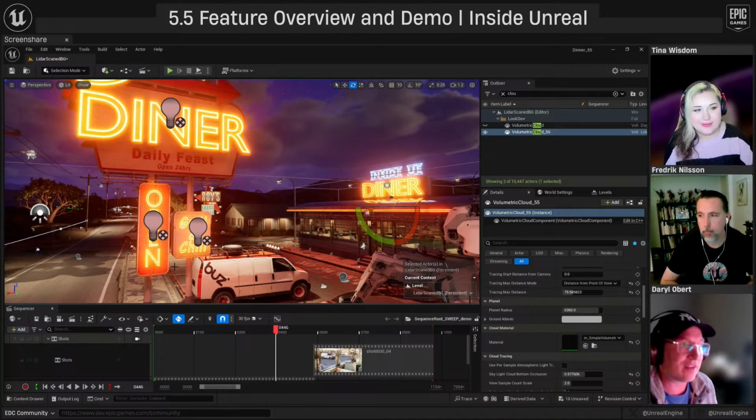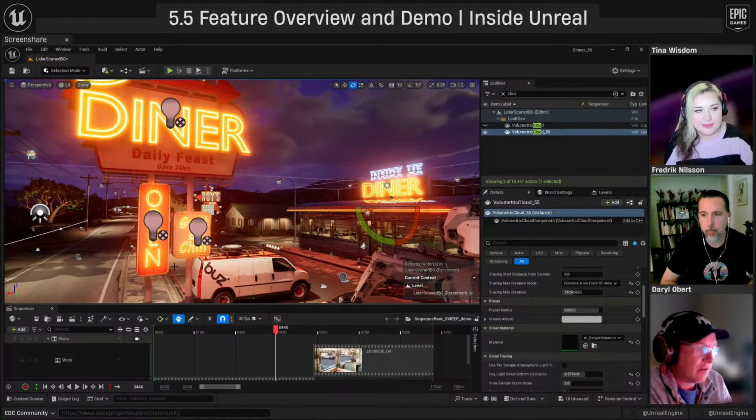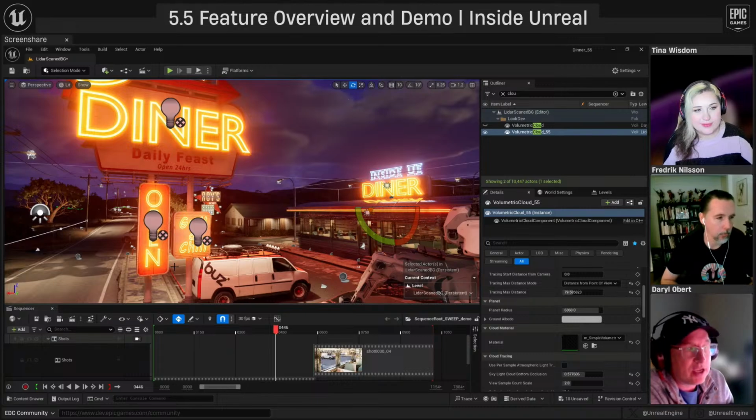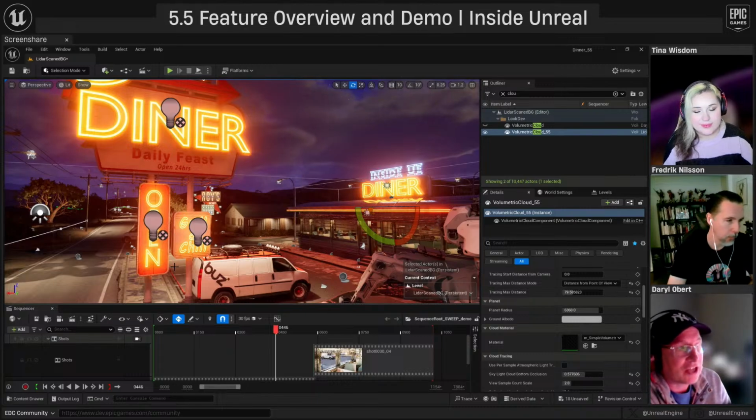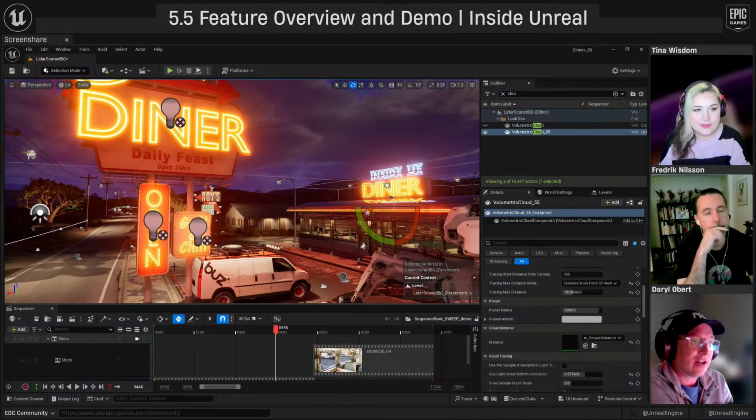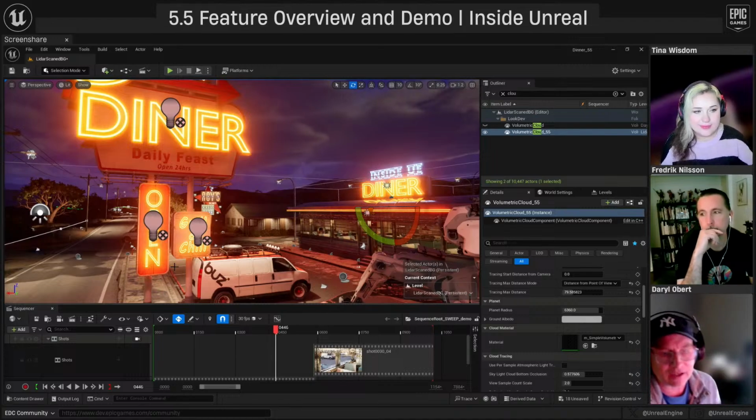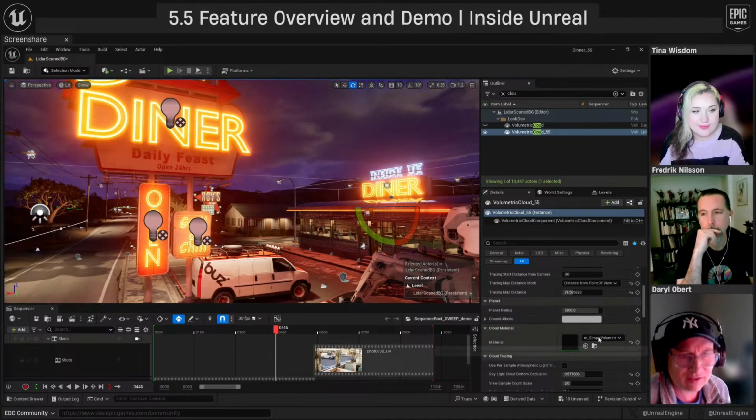And if you don't want it to do that, then before you roll into 5.5 and 5.4, make sure you go into the engine content, make a local copy of that cloud master into your local project, and then have your material instance reference that local cloud. Does that make sense?